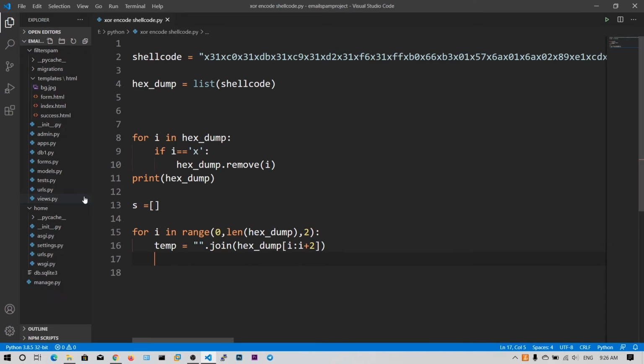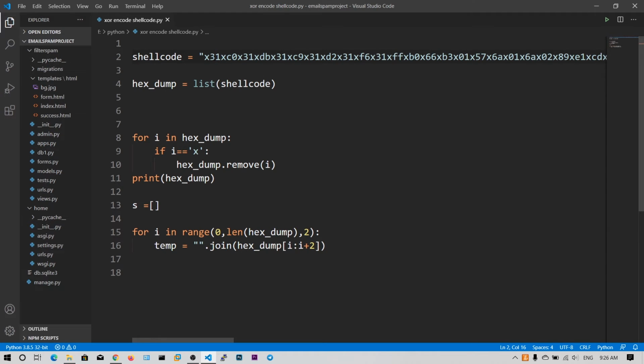So what this means is, the slice end is exclusive. So hex dump of i colon i plus 2 means when i is 0 it becomes hex dump of 0 colon 2. So in the list it is elements 0 and 1, and we won't take 2 into consideration because it's exclusive.